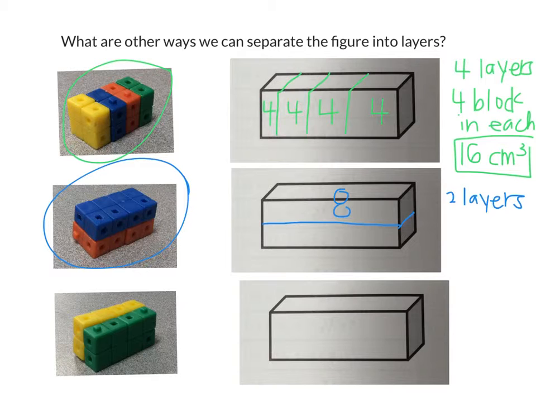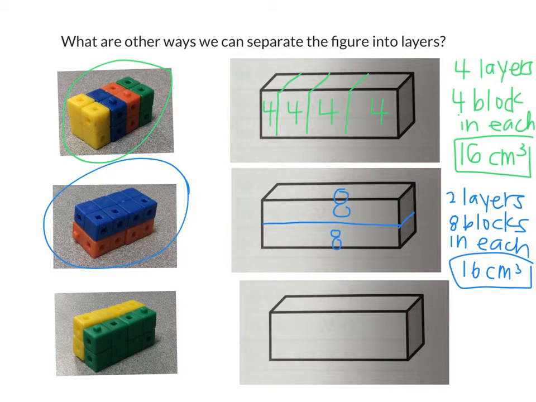layer. How many blocks are there in the bottom orange layer? 8. So let's also write that there's 8 down there. So there's 8 blocks in each. So if there's 2 layers, there's 8 in the top and there's 8 in the bottom. How many blocks are there all together? So what's the volume? 16 cubic centimeters. Very good. Okay, now let's use the same logic to cut it this way, the way Luke said to cut